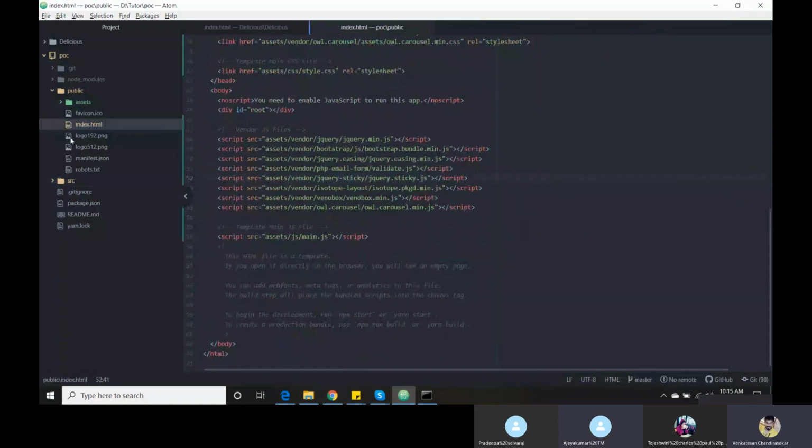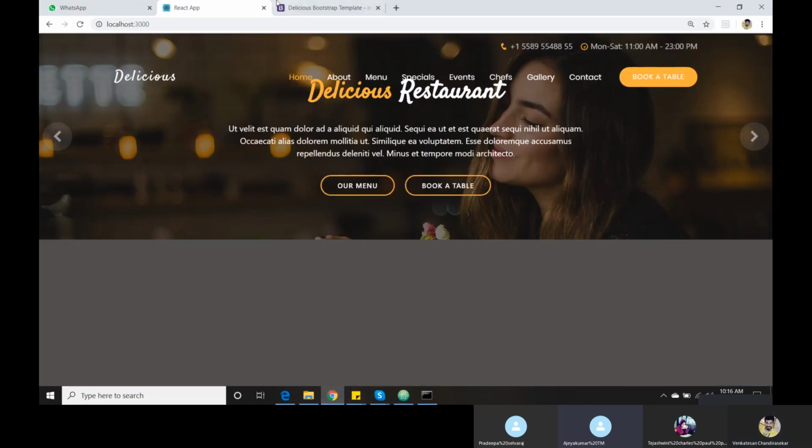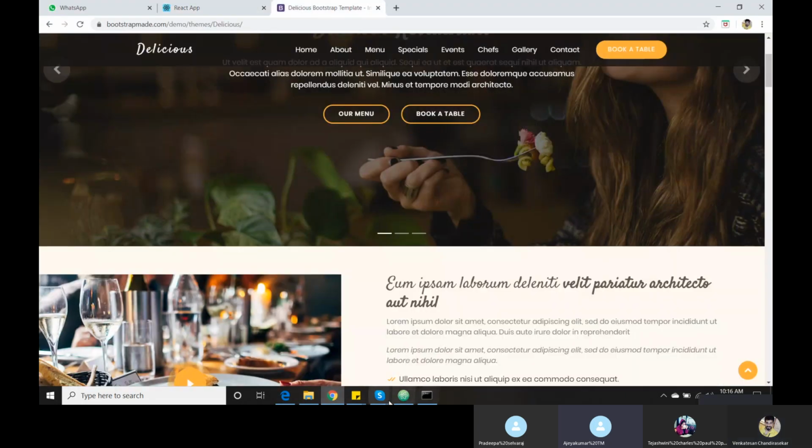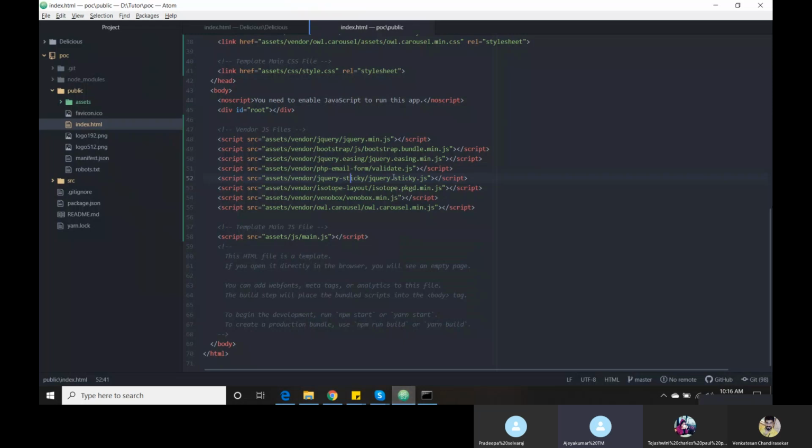Venkatesh, what are the things that should go to the public and source folders? I mean, how can we identify which file should go to which folder? You initially pasted the assets folder in public, right? For beginners, how do we identify this, because we have a public folder and a source folder, right?